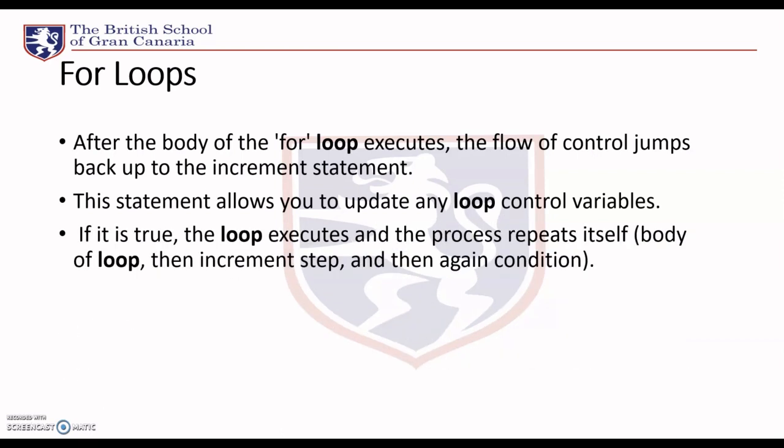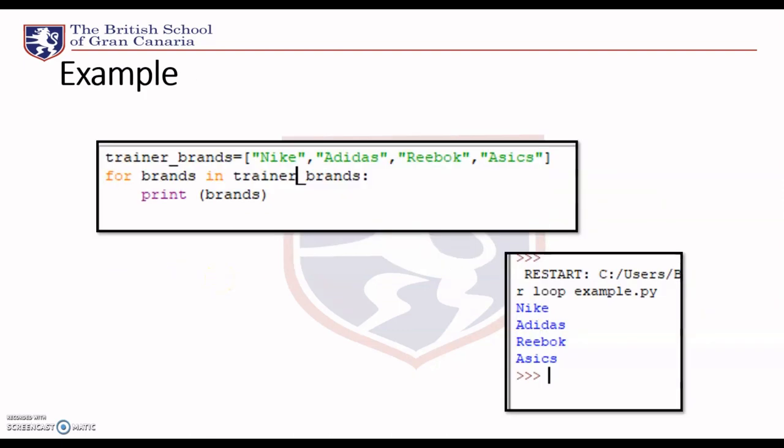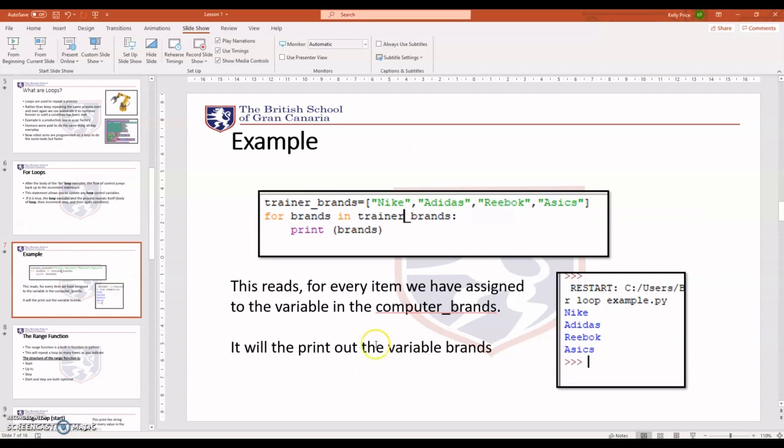So the loop executes the process itself, and the body of the loop then increments the step, and then again checks the condition. Okay, so we've got an example here. We've got these trainer brands, and what the for loop will do is, for each of the brands in the trainer brands array here, it's going to print it, and that's as simple as that. So if we were to take a look at that,